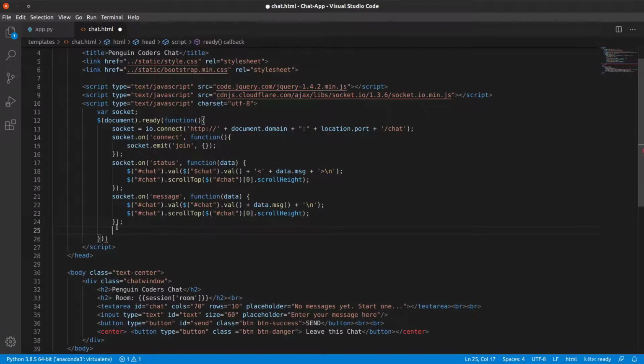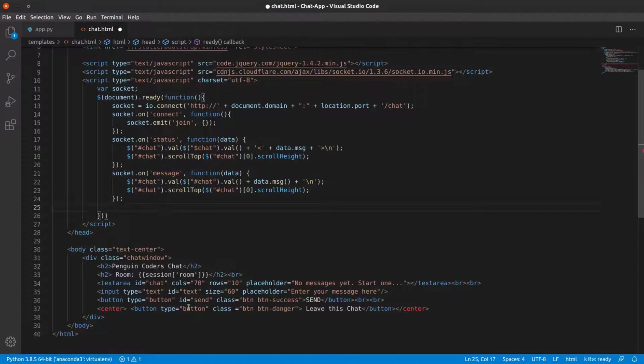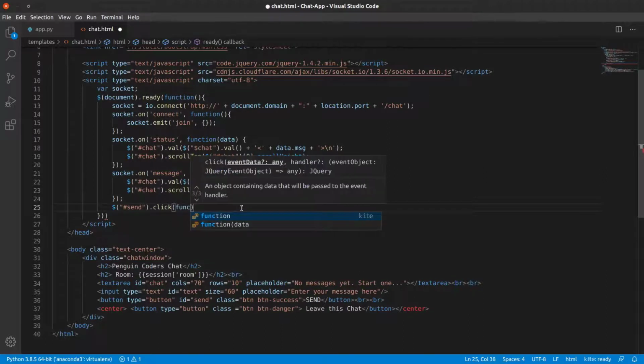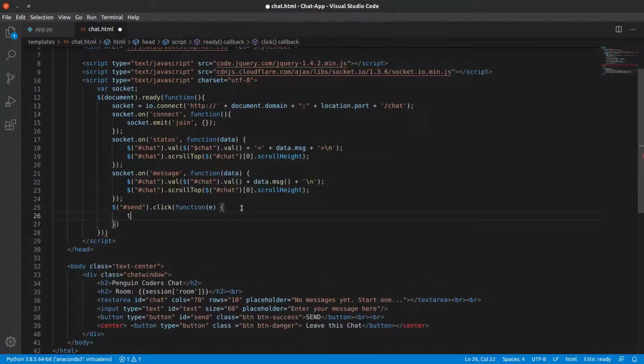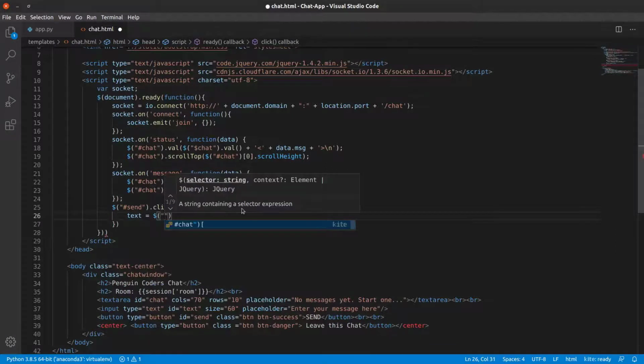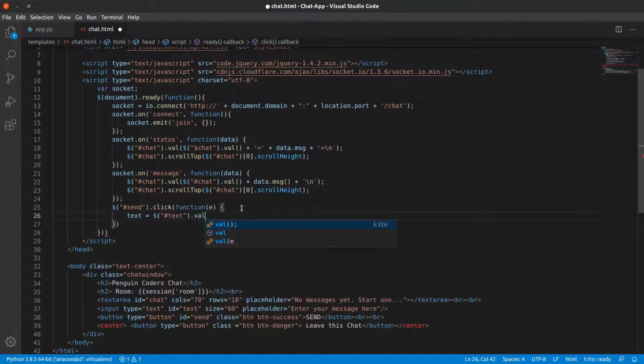Now we'll write the click handler for this send button. So $send.click and function. Then we have text, which we get from the chat area. So text equals $text.value.